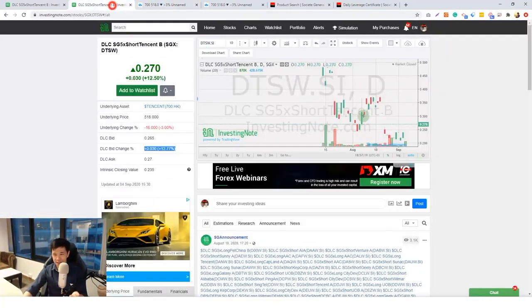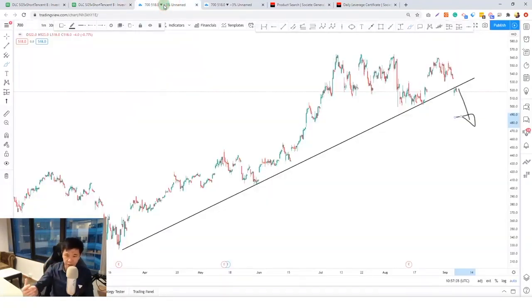Right, try to look at the chart, and there isn't even an intraday chart, at least if you don't have the proper tools to get access to it. You can't find an intraday version of the chart easily, right? So it's much more accurate and better to refer to the intraday chart or the daily chart of the underlying, in this case Tencent, and from there you make your decision whether to go long or go short. Right, the DLC is just for you to